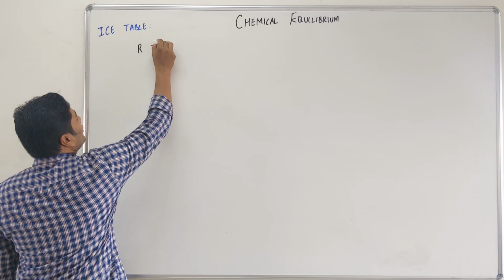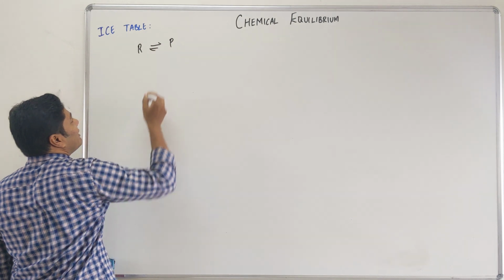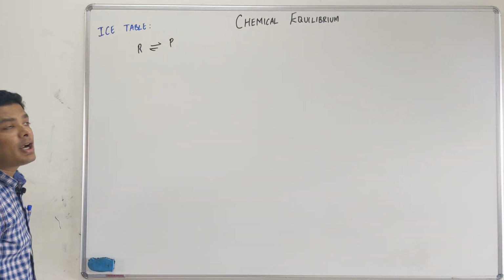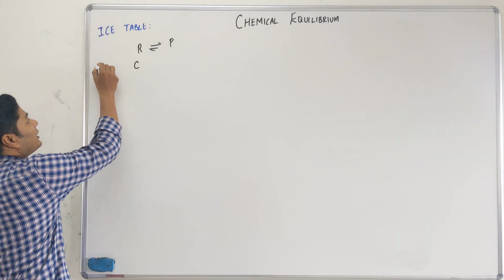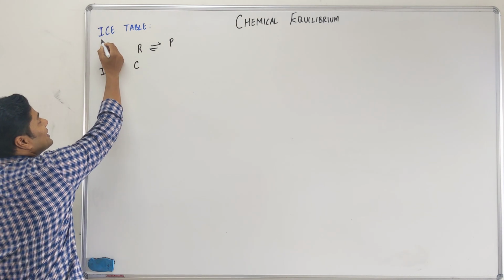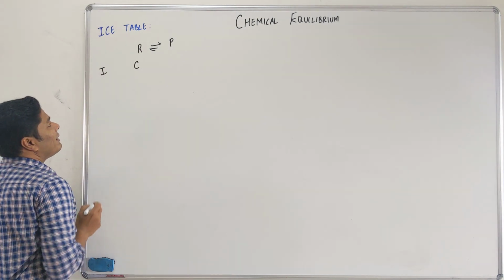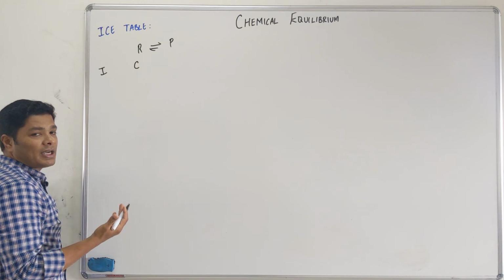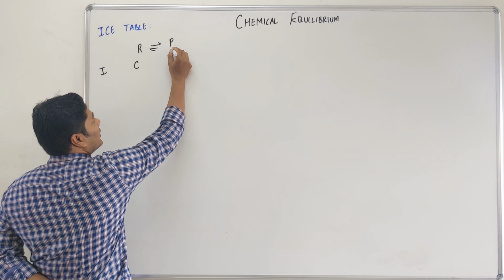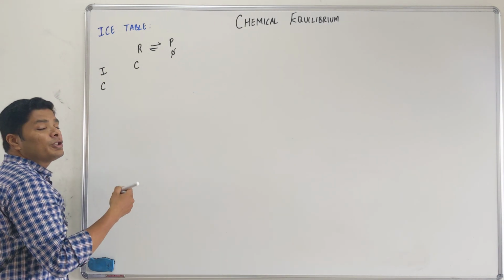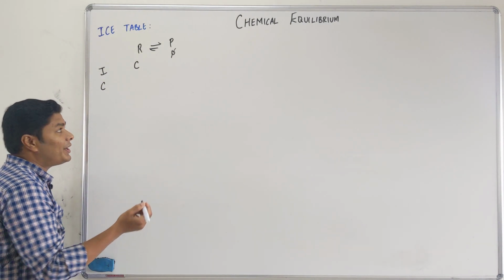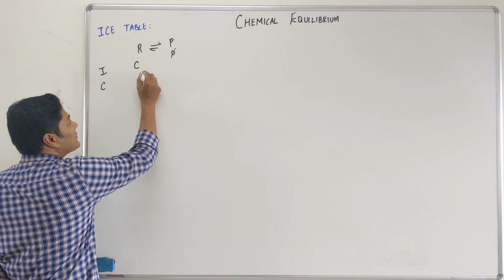a reactant giving you a product, equilibrium. So, it is an equilibrium arrow, okay, and we start with a reactant, concentration C given. This is the initial ICE. ICE stands for initial, change, equilibrium. Initially I am starting with C, I do not have any of my product, 0. The change is how much is going to change. I do not know how much it is going to change, so I can put it as X.